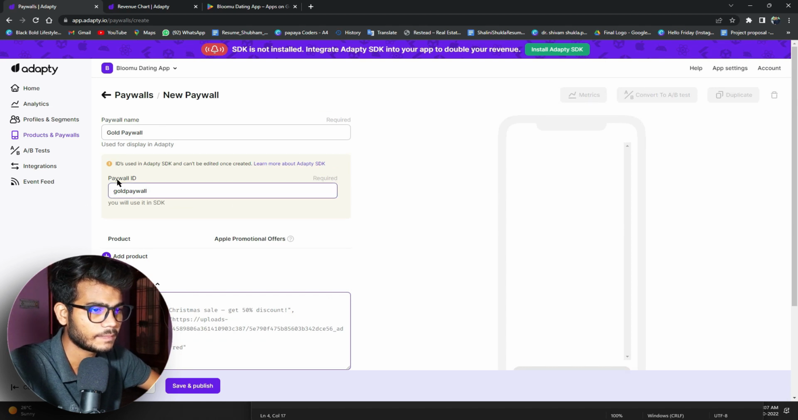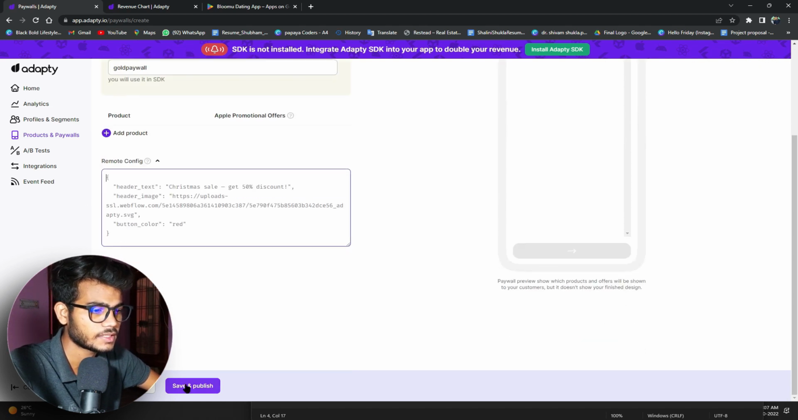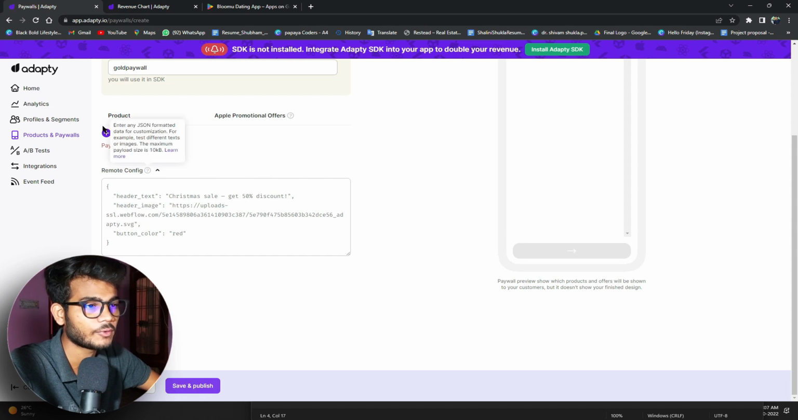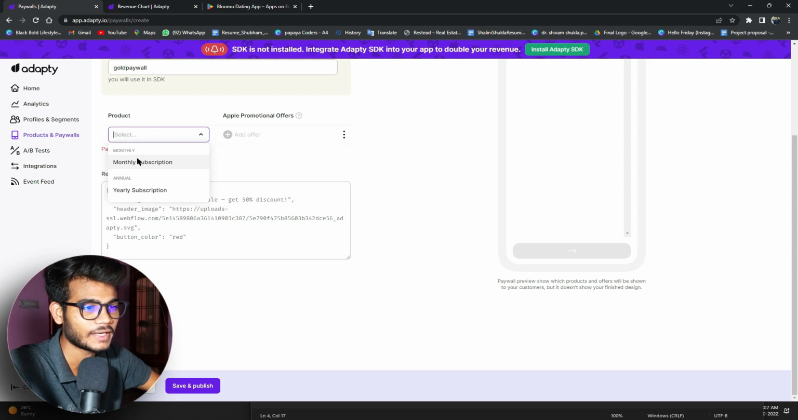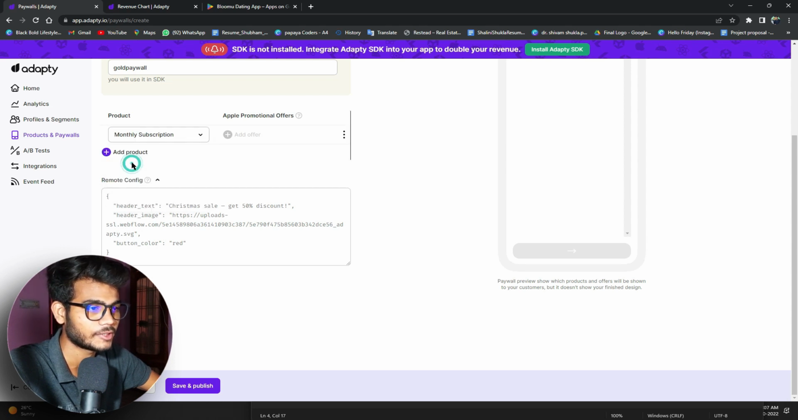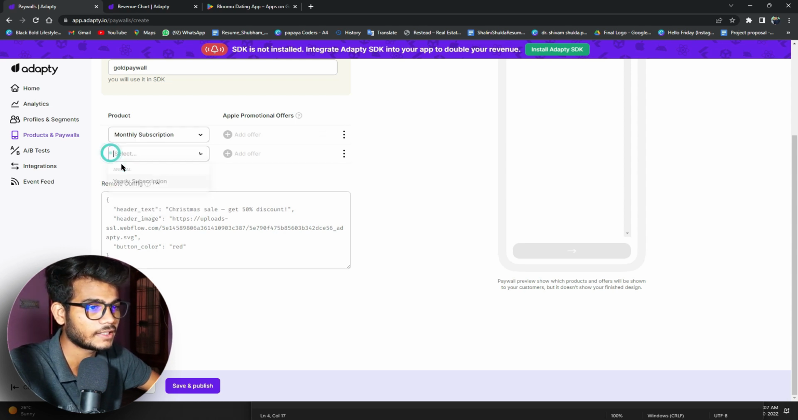And this is our paywall ID and paywall name. Just save and publish. Add product. Sorry, we forgot to add products here. We will click on that, and you can see the monthly subscription and yearly subscription here. So I added the monthly and I also added the yearly. You can add an offer, but we didn't create any offer. Save and publish,